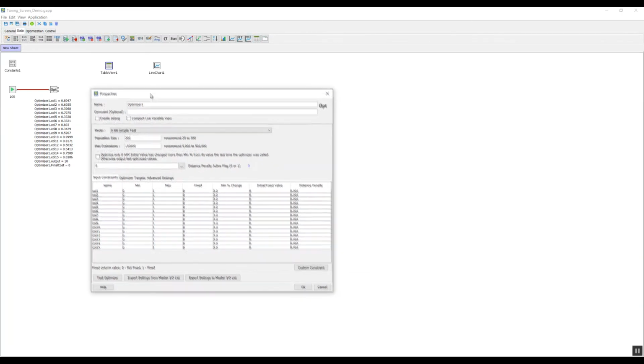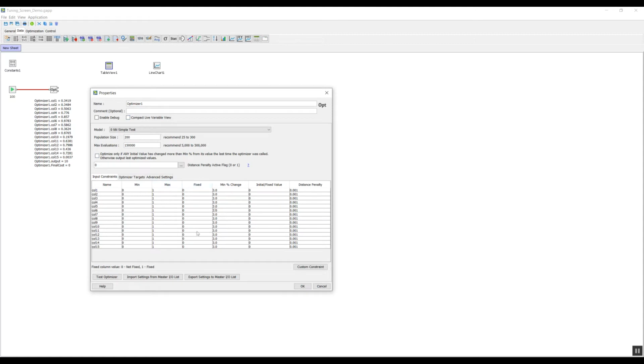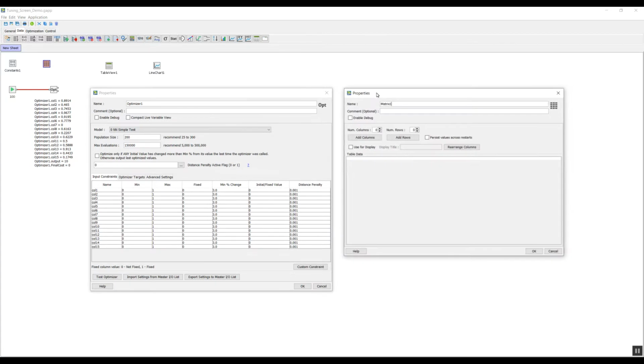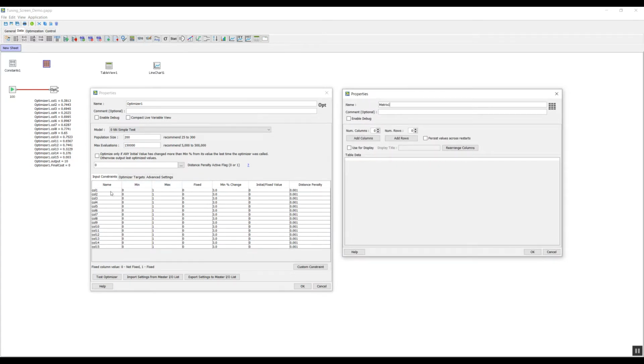But for this tuning screen where I'm going to be showing all these values for the optimizer, it's going to be a lot more convenient to use a matrix, and this is the other way of creating a tuning screen in Griffin. So I'm going to create a matrix component, and let's go ahead and open this up. So I'm going to want to have a row for each input of my model, and because I'm going to be